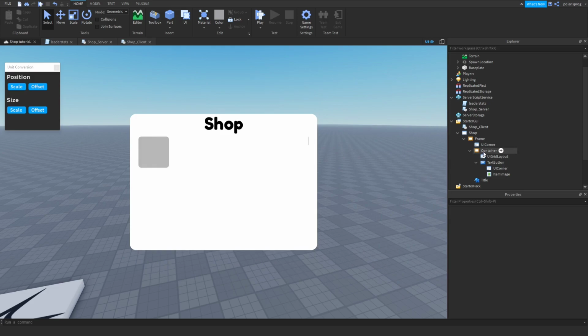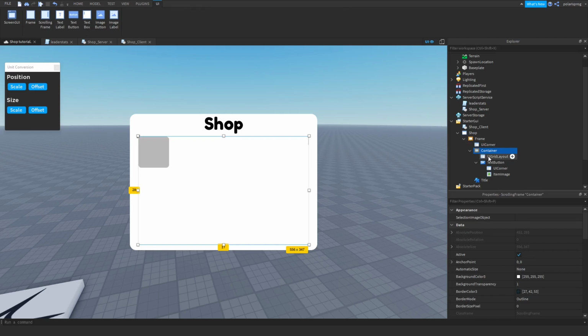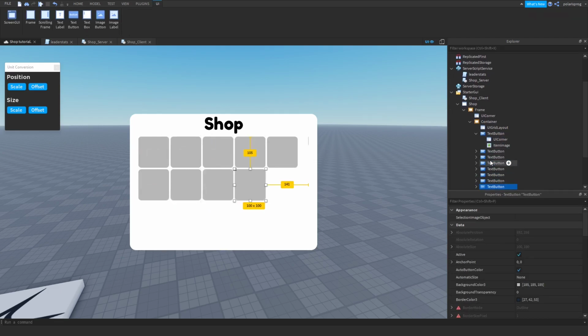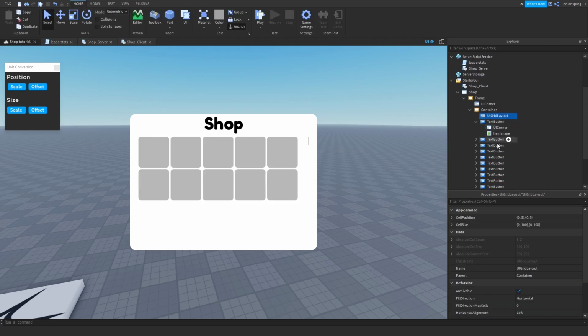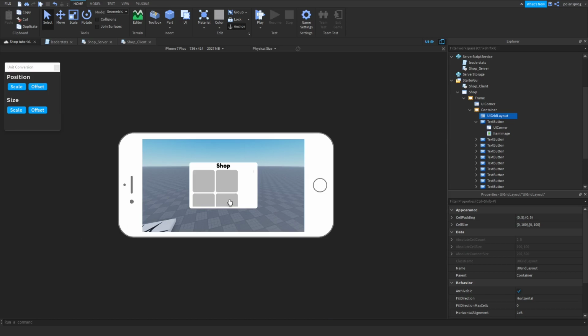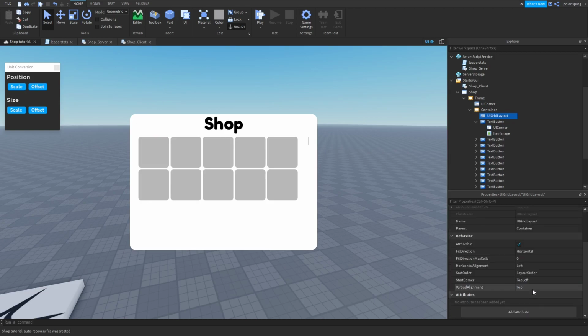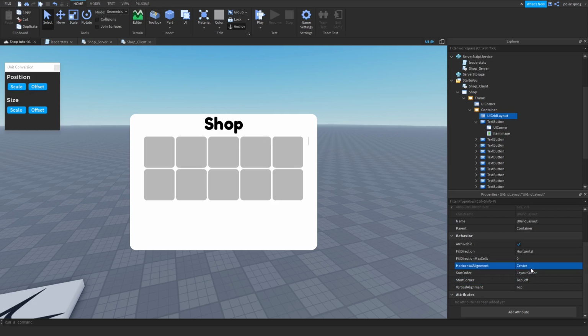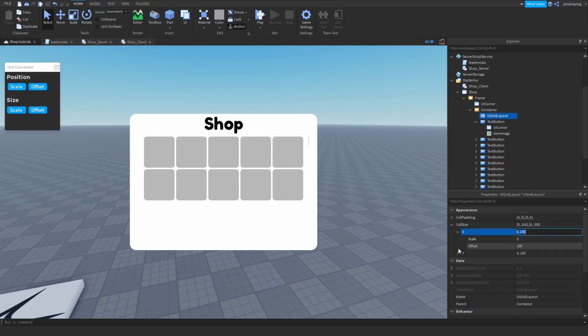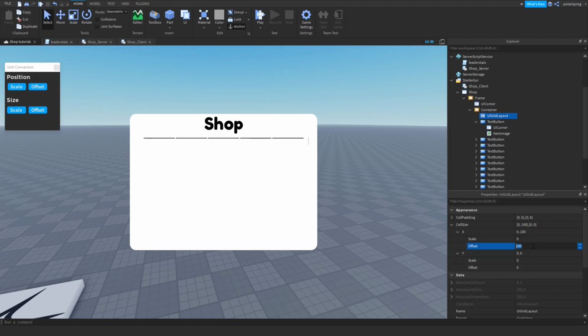Now I'm going to want to have the offset work correctly. So as you can see now, you can have a lot of templates that can fit. So select your UI grid layout, but here's a problem. If you go on phone, you see that they look really big and ugly. So we really want to fix that by just firstly setting the start corner to center. I'm pretty sure, oh no, I think it's yes, the horizontal alignment to center. And you're going to want to set the cell size to whatever you want. I'm going to go with a nice 0.1 or 0.2